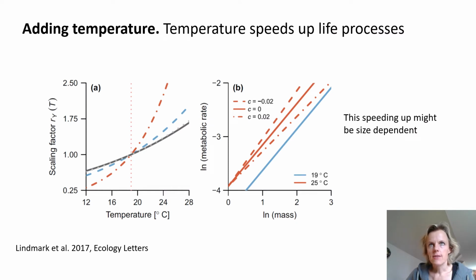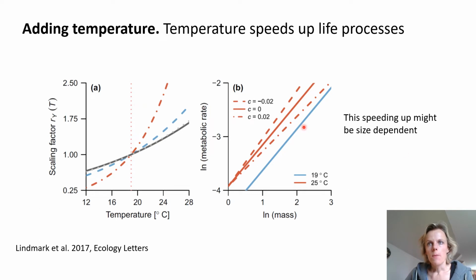So now we want to add temperature into this model. And temperature speeds up life processes, basically. And there are two main aspects of how temperature can speed up life processes. One is simply by increasing various rates. So basically, as temperature increases, we expect this kind of exponential increase in rates. And depending on the activation energy of the rate, that increase can be fast or it can be slower. And so here at the reference temperature, there is no change,